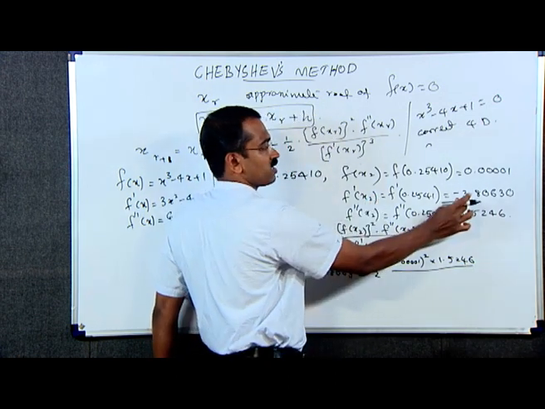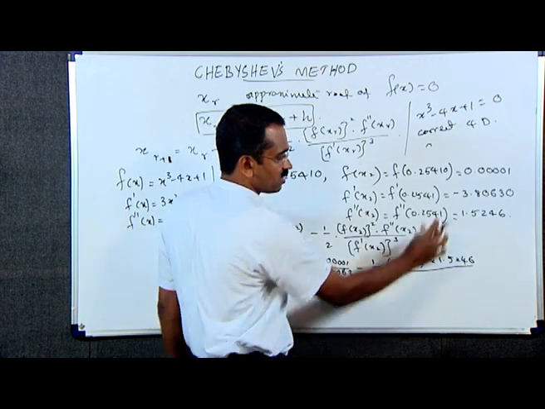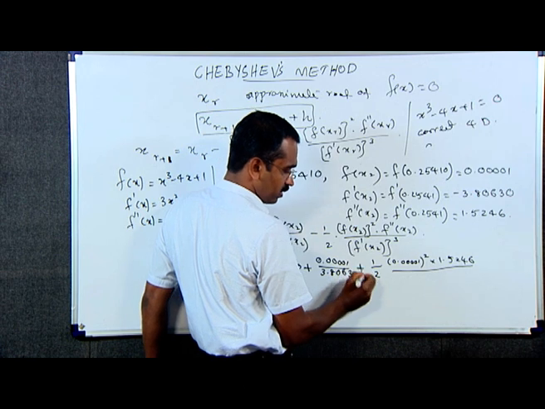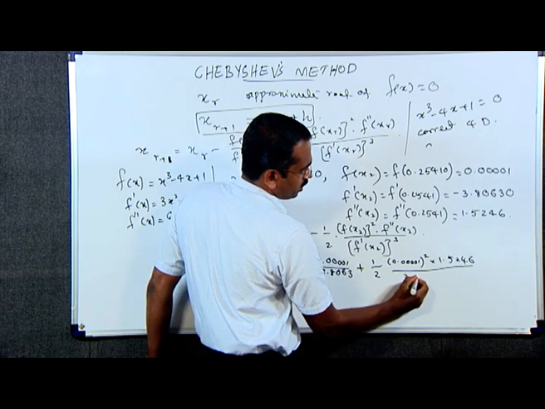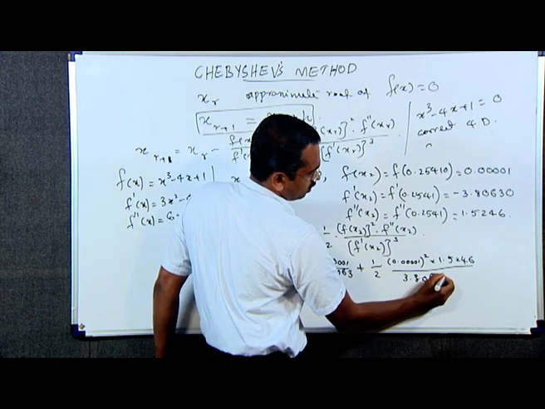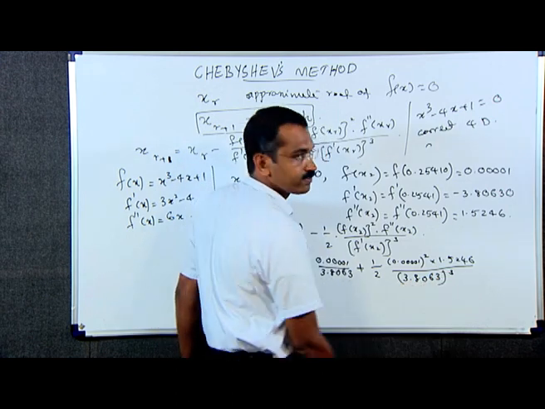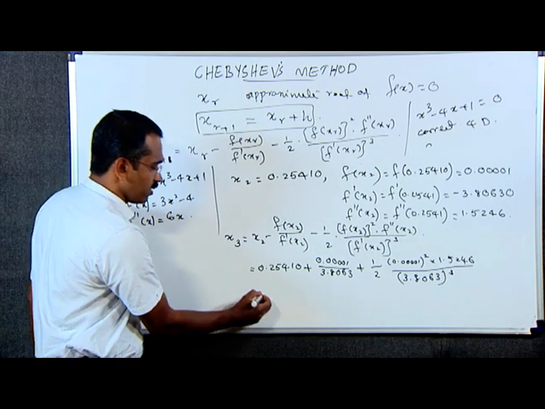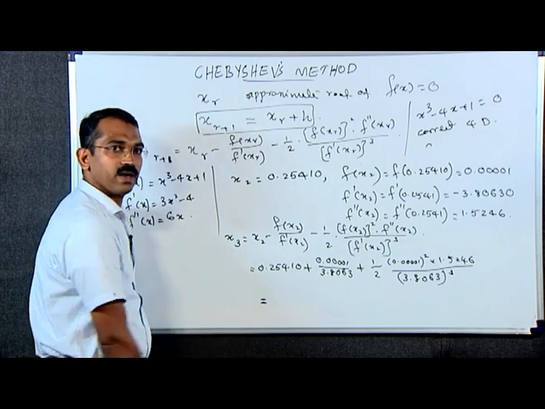F dash of x2 is negative 3.80630, which whole cube means again negative. Therefore, this sign will become plus 3.80630 whole cube. On simplification, we will obtain x3 as